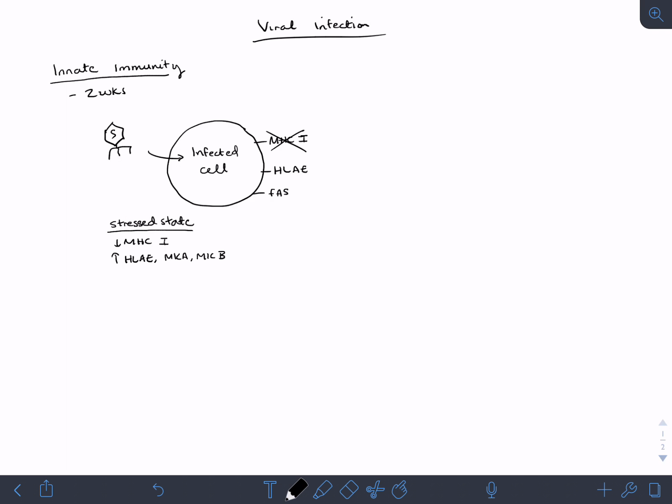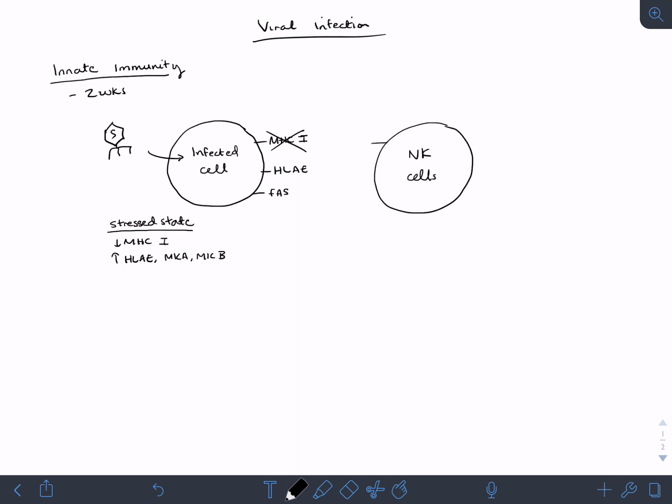And in your tissue, you're going to have released NK cells. These are natural killer cells, okay? These are the first responders for your innate immune response to viral infection. In fact, they're the only response for your innate immunity to viral infection, okay? So what's going to happen is